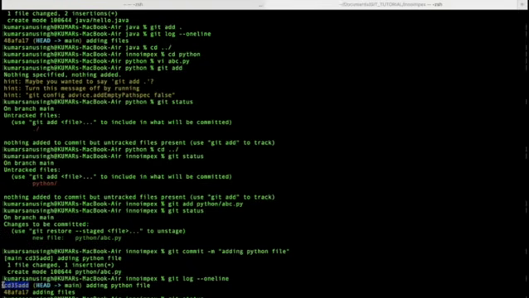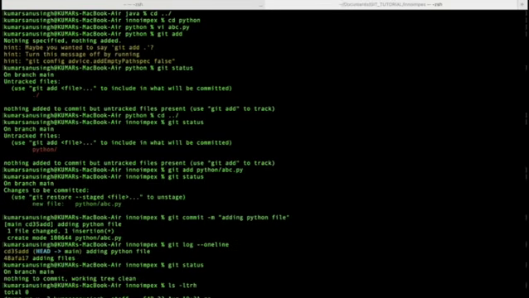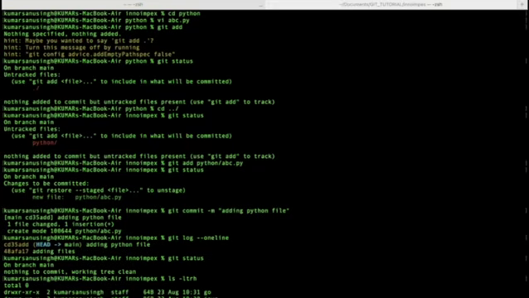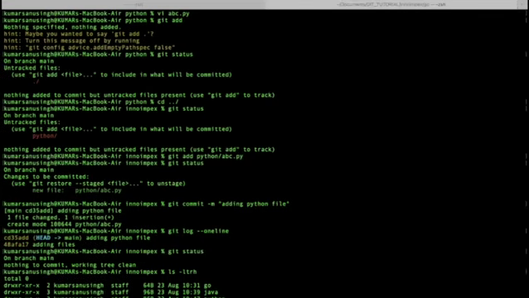Let's go ahead and add a file inside the Go directory. cd go. Now we'll go inside, and the command is vim abc.go. Let's add a line and save this file. Now again, what will be my status? Git status. It will be untracked.